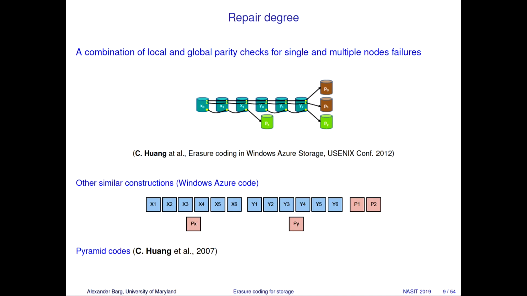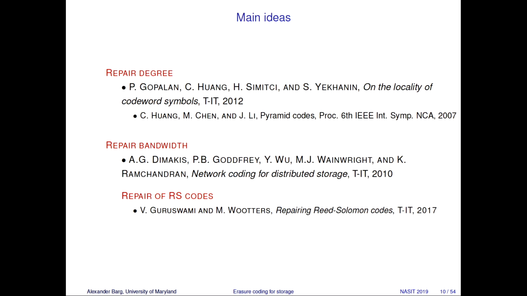Another similar solution, again with 2 local parities, 2 global parities. These are simply the parameters that were actually used in Windows Azure. That's why this picture appears here. They call them pyramid codes. That was not a general solution, but it was really a clever practical idea that moved the whole development forward. The main ideas were laid out in the following foundational papers.